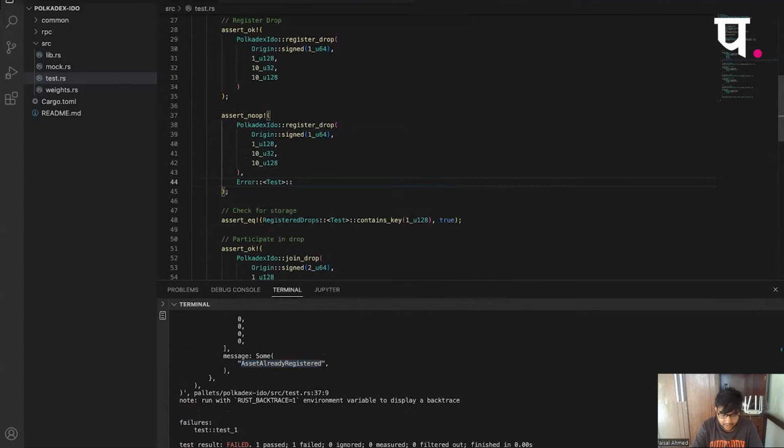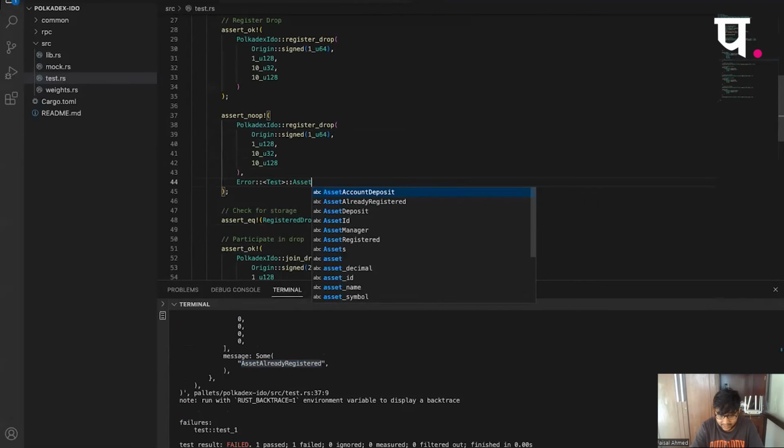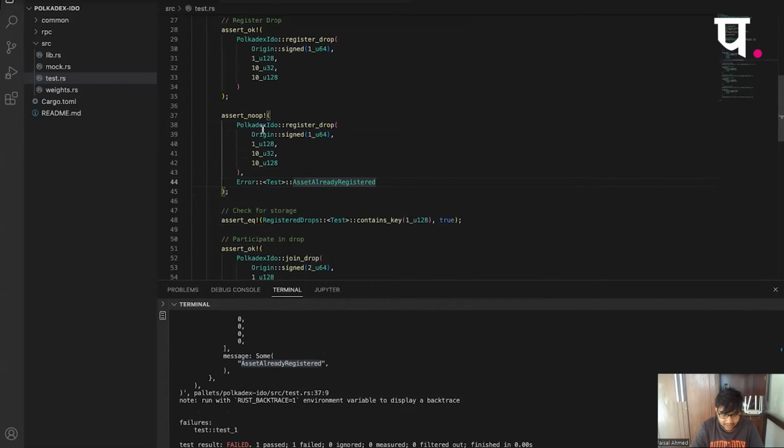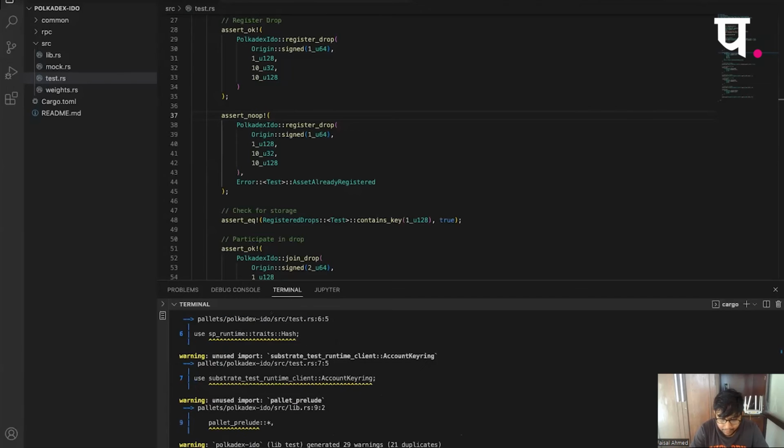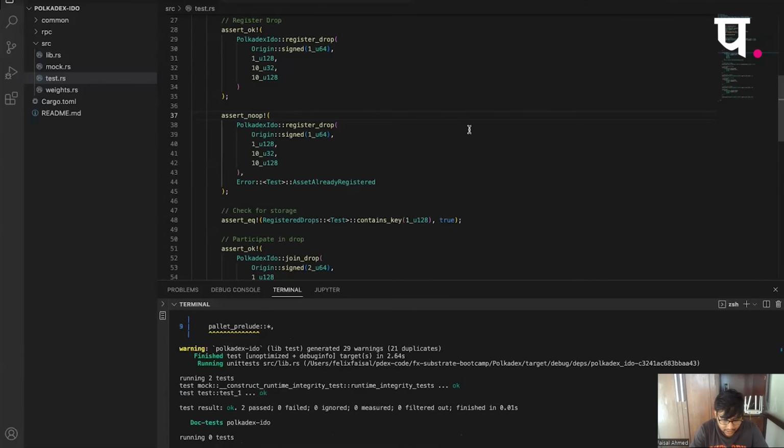This is the generic command syntax. So if you want to check for errors, you can use this macro. Whenever we write unit tests, we also need to see our logic successfully give us errors instead of panicking. So this should compile now.